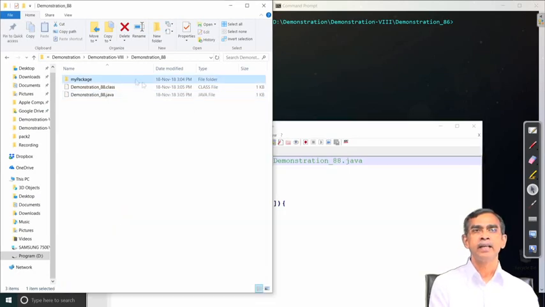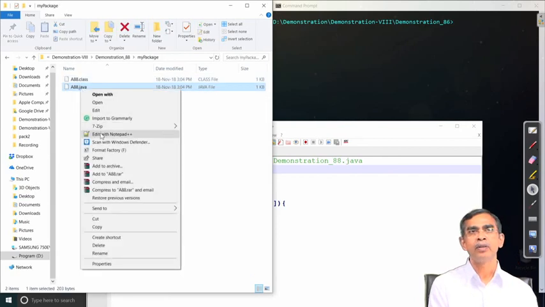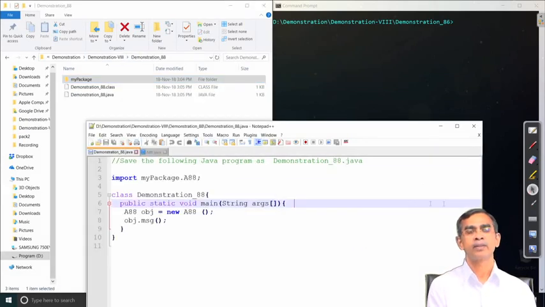Here we can see A88 is the one class file which is already there in my package. That is all. Now, let us go to the main program, which is basically accessing this one. So, let us go to the demonstration. Yes.